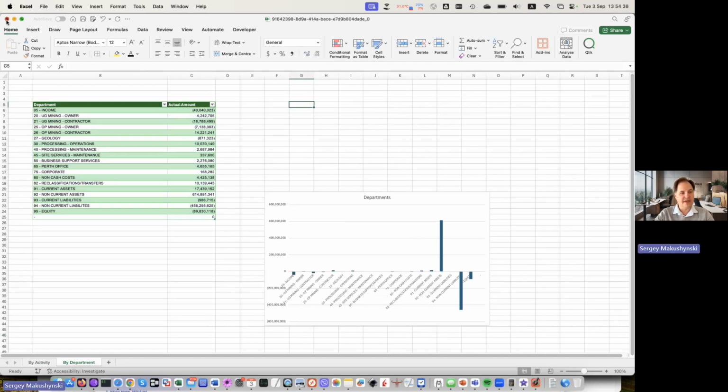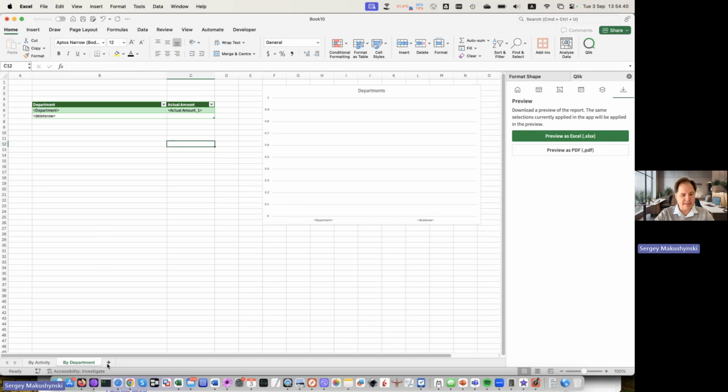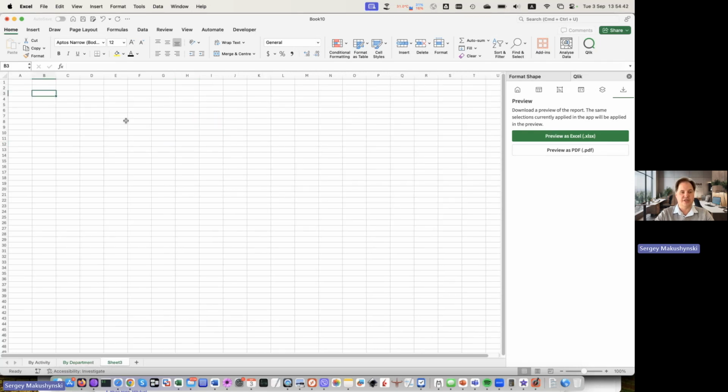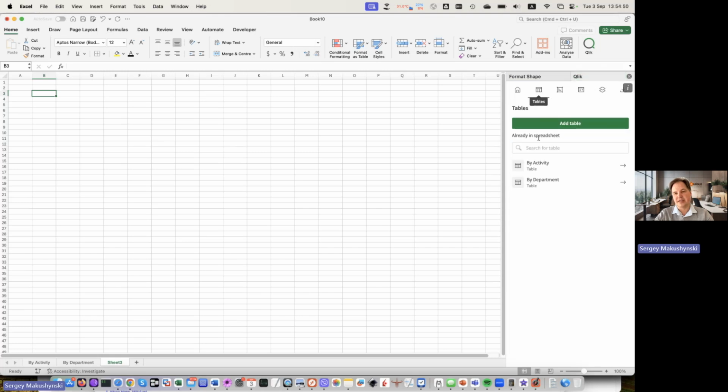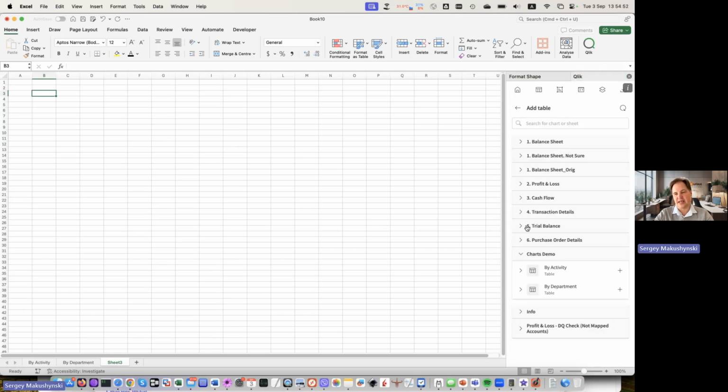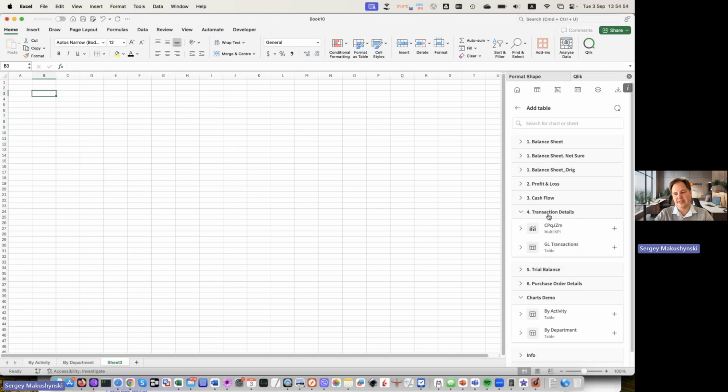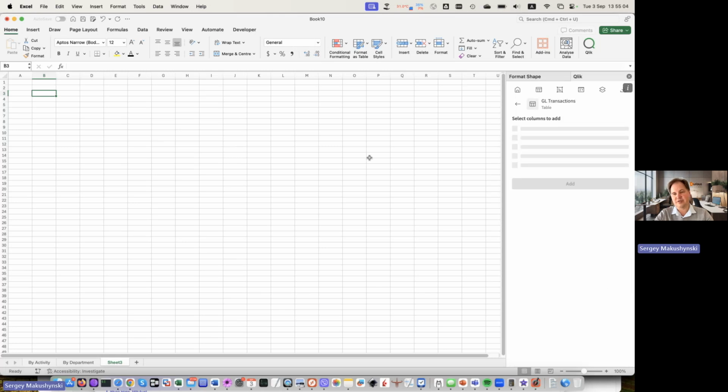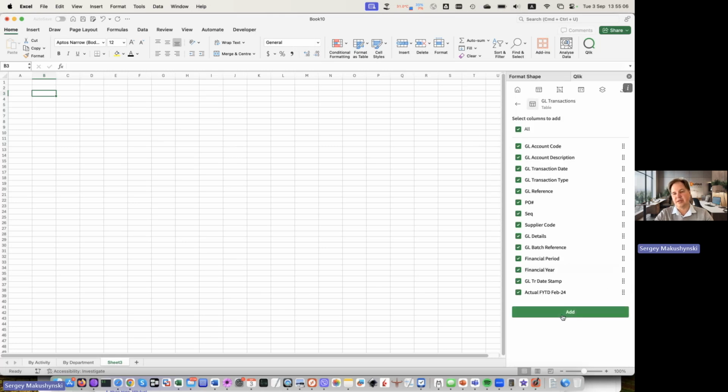So one more thing I wanted to do is create a transactional report where people can actually create more things by themselves. So how to do that? In this instance, I would use a table that has actually transaction details, and I would navigate to add table, navigate to my sheet transaction details, and add GL transactions table as individual columns. I'll pick them all,